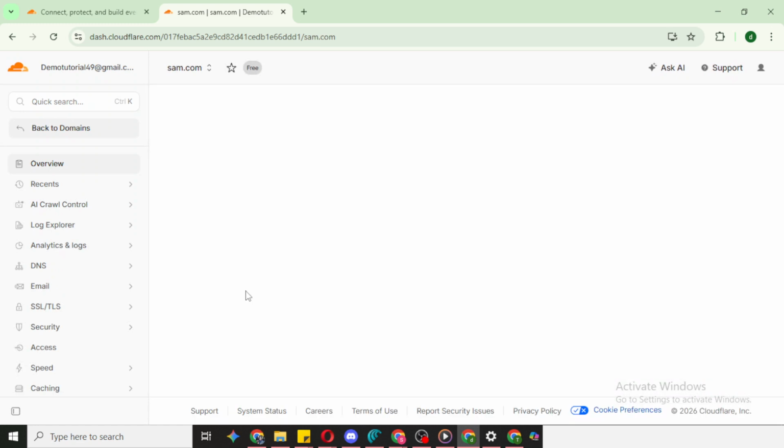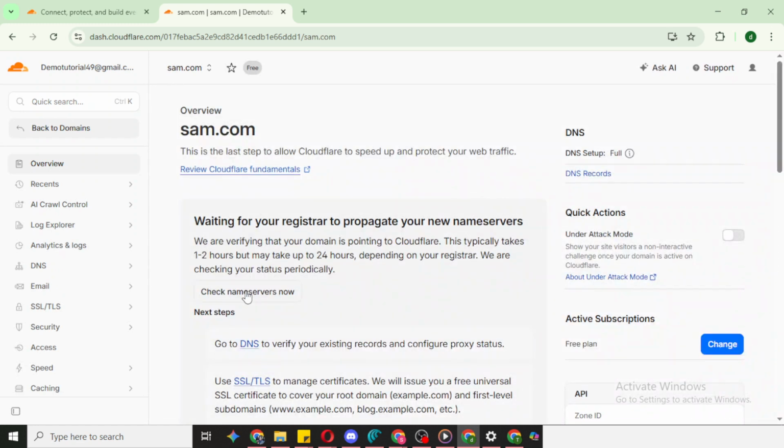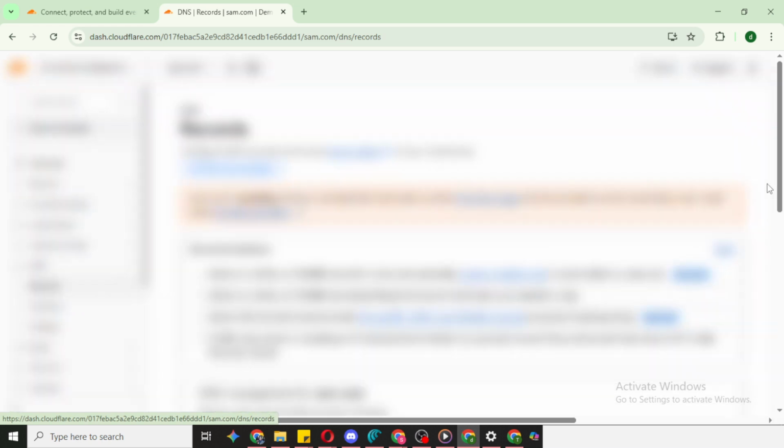Now find and click the DNS option in the navigation. This takes you to DNS management, where all existing records are listed. You'll be working in the records section. Click the Add Record button. A small form appears where you'll choose what kind of DNS record you're adding and provide the details.